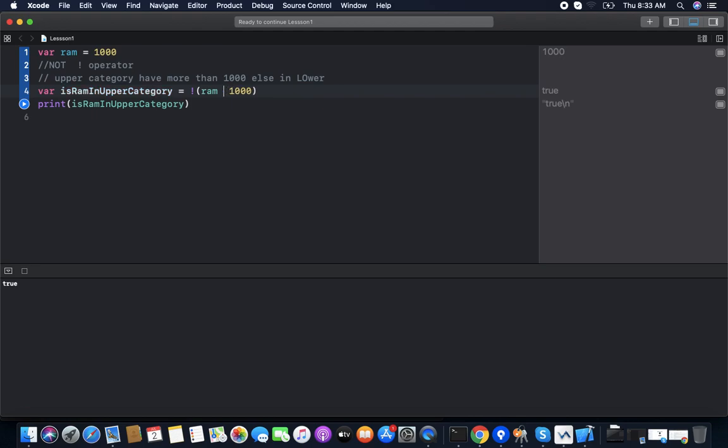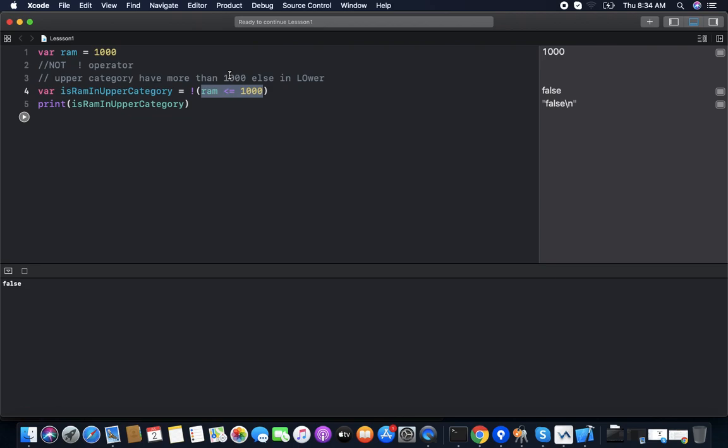So we are checking here the less than value. It's making it true. Less than and equal to. So it returns a false value. Is Ram in the upper category? No. So what is the work? We are checking less than or equal to. Our condition is more than 1,000.